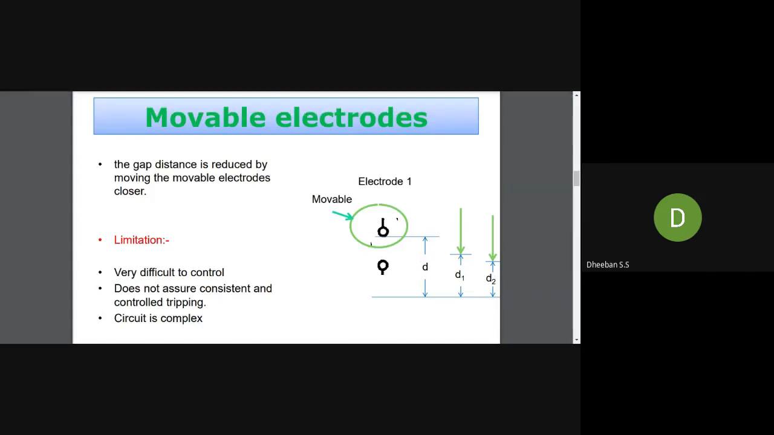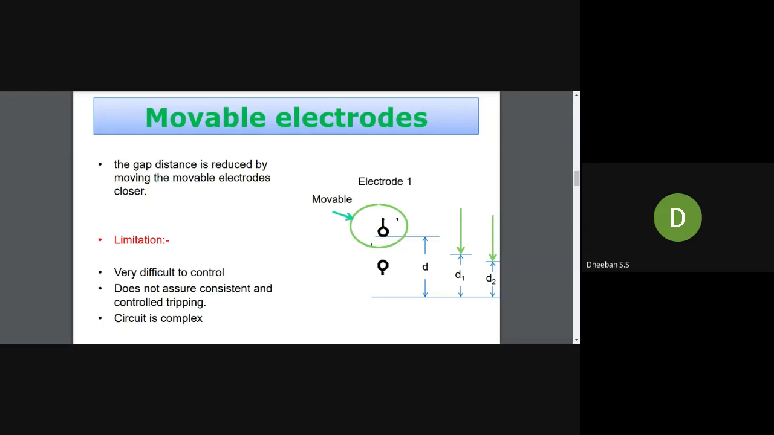As the gap distance keeps on reducing, how can we reduce the gap distance? By keeping one electrode fixed and the other electrode movable. At the initial stage it is kept at a distance d, at the next stage it is moved to a distance of d1, and at the final stage it is moved to a distance of d2. Based upon this movement of the electrode, it is possible to trip the generator and cause the impulse